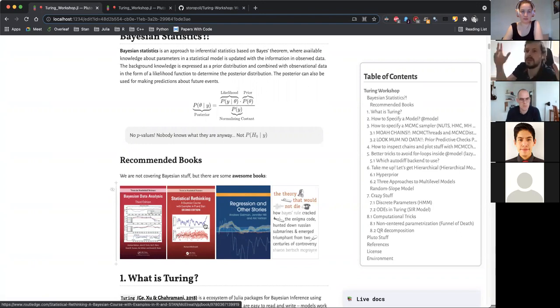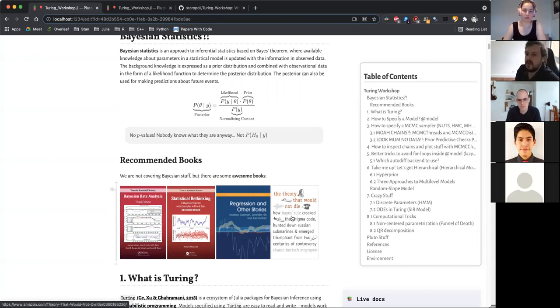He gives like monsters and mixtures when he talks about mixture models and generalized linear models. And also we have Regression and Other Stories by Andrew Gelman. This is the 2020 book. It's quite new and it's really interesting for beginners. And if you are interested in the whole sociological history about Bayesian statistics and Bayesian inference, this is a very